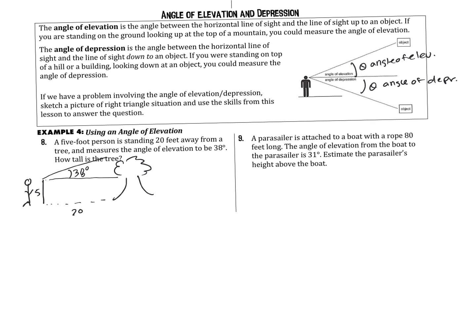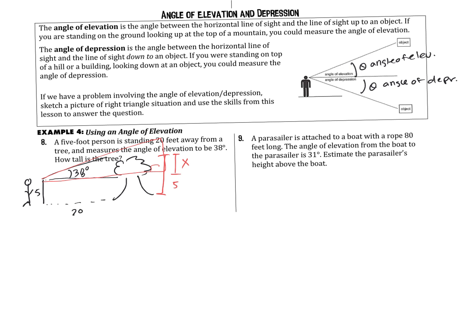So something I want you to recognize is we know that the tree's height is 5 plus whatever this distance is. I'm just going to call it x. So we can use this angle of 38 degrees to sort of look at a triangle here, a right triangle, to find x, and then at the end we're going to need to add 5 to figure out what that